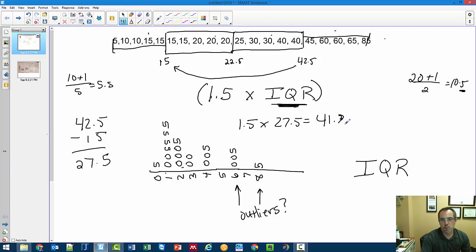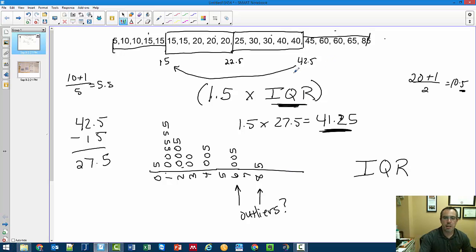All right, so 41.25. That's the range. So what that means is, if I end up with something that ends up being further outside of that,